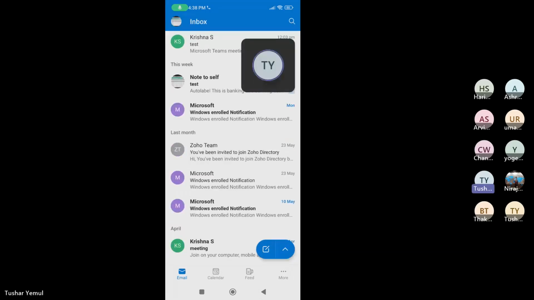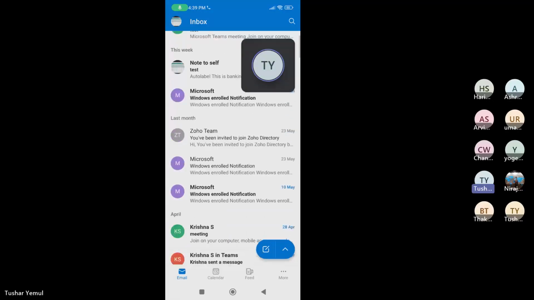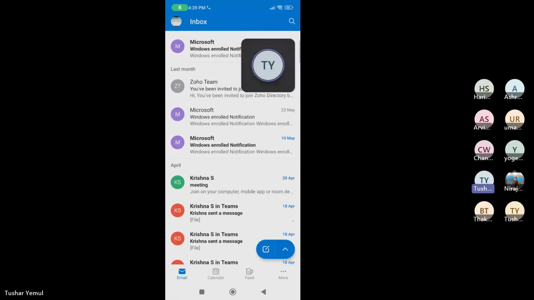So this is an access level protection that is being provided, so that even if the device doesn't have a PIN, fingerprint, or any device lock mechanism, it doesn't matter, we have an application level PIN that will protect all our applications. So all the Office 365 applications, OneDrive, Teams, SharePoint apps, including Outlook, will be protected by this. Once the correct PIN is entered, the user can access the corporate data, but there are